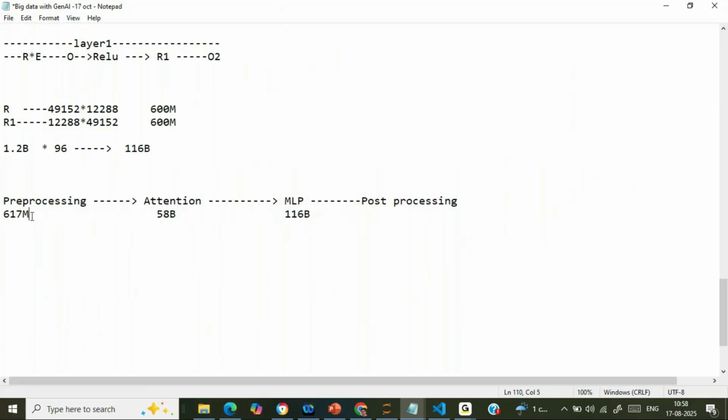Inside the pre-processing phase, we are having the embedding and unembedding matrix, so I can add both of these two over here only. 617 million parameters, you can take it in this particular way, okay. 58 billion is from the attention. Post processing is nothing but softmax is done over here, okay. So in total 1.2